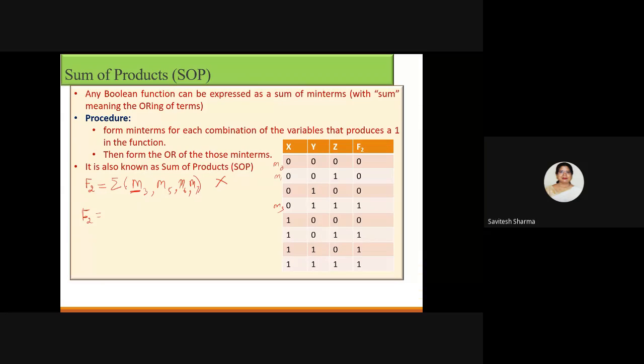Got it? So you need to remember that for sum of products, you will always use the summation symbol, and then you will write small letters only. Please remember, don't write capital M or small m randomly. This is the mistake you may make. That's why I am notifying you that if you are writing a list of min terms, you will always use small letters. And then help me to write the expression. Help me, m3. Fast.